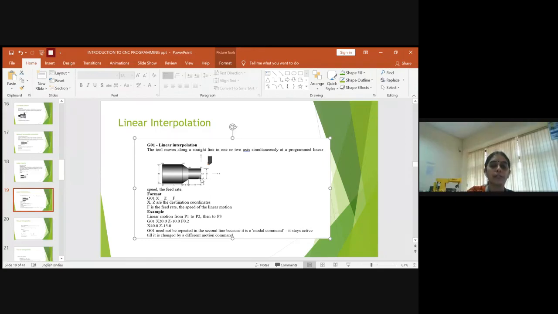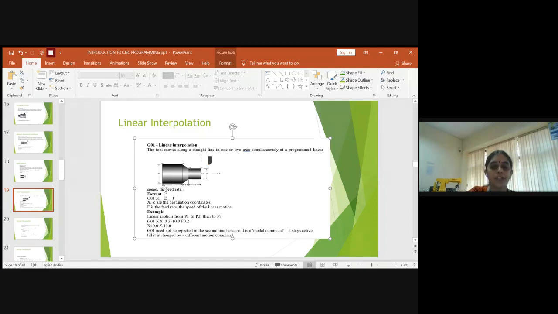So first you have to decide which interpolation you want, whether it is linear or circular. If it is linear, we always type G01. So first you type G00, and based on the interpolation, next you will type whether it is G01 or G02. Okay, so next the tool moves along a straight line if you type G01.